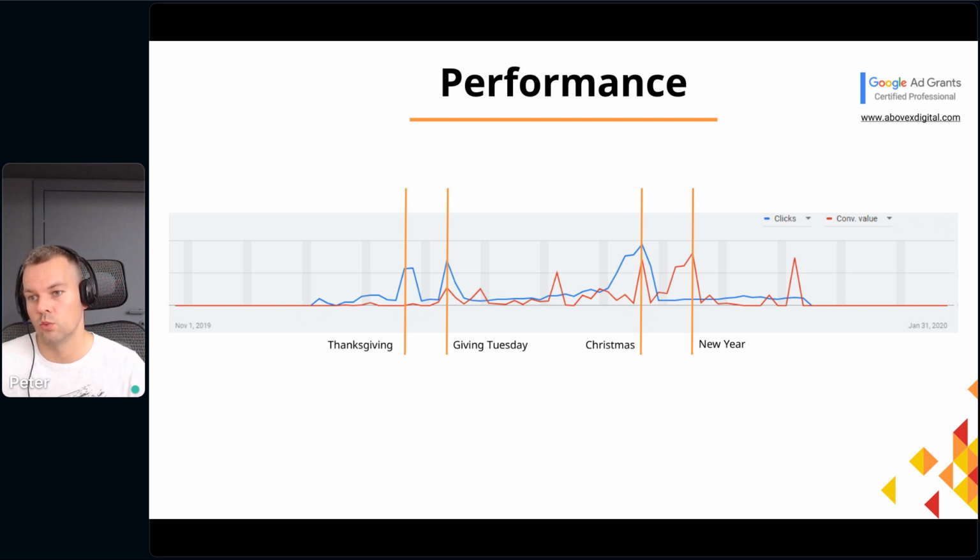So you can see within this one week, clicks went up a lot. And Christmas day was a very good day in terms of conversion value as well. And then on the 26th, 27th, it went down, right? This is a very common pattern we see in many accounts. After Christmas day, clicks go down, people do different things. There are fewer people searching, generally speaking.